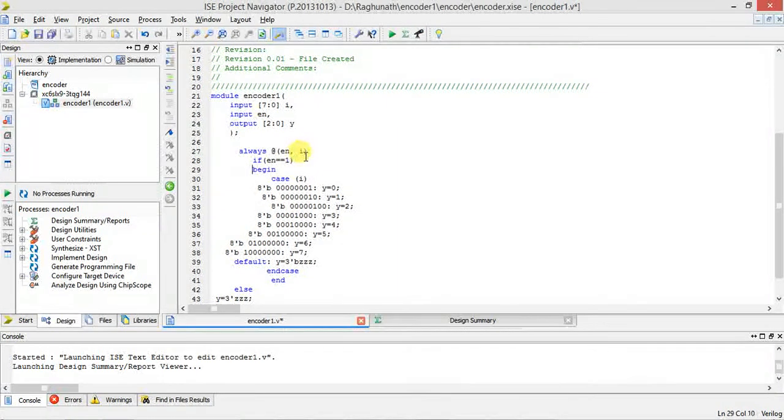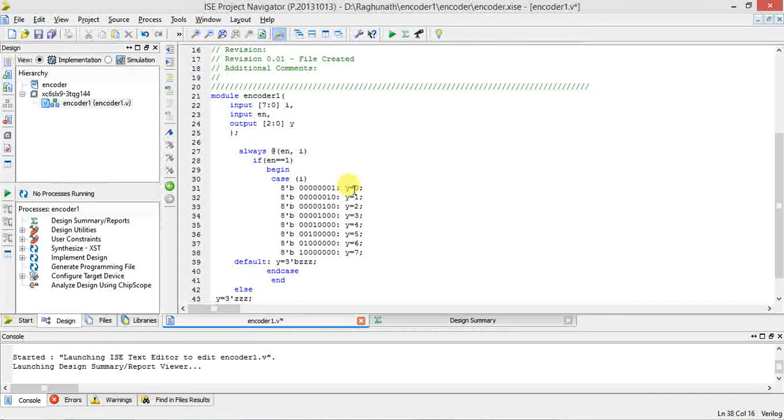After if enable is equal to 1, you have to do begin. Then 8 different cases you have to write. You can write in binary 8-bit combination, or you can write decimal 1, 2, 4, 8. This is 16, this is 32. Using decimal also you can write.